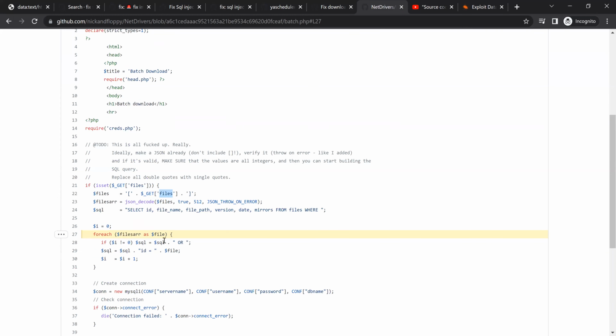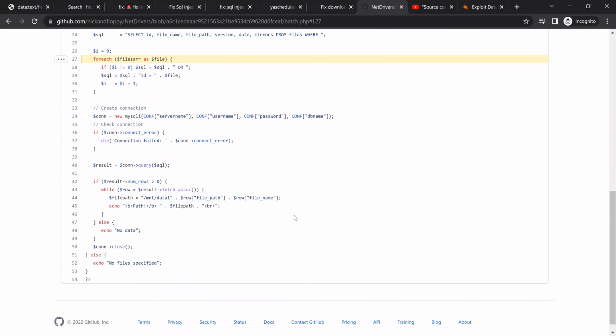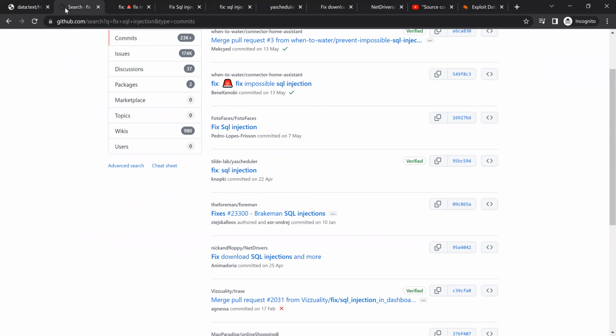I will still open an issue for this so that they can fix it, and that's it. So that's essentially the basis. You pick one vulnerability class, you look for cases where people have already found it, and then again, what you can do is, rather than look at the patch, you can get the